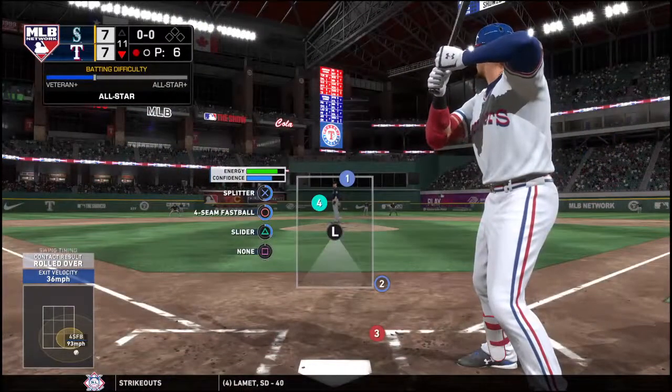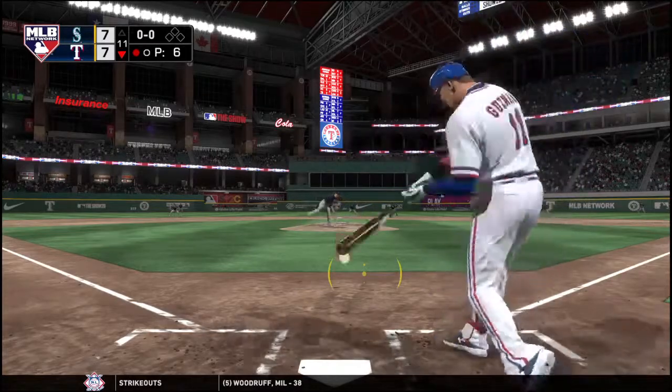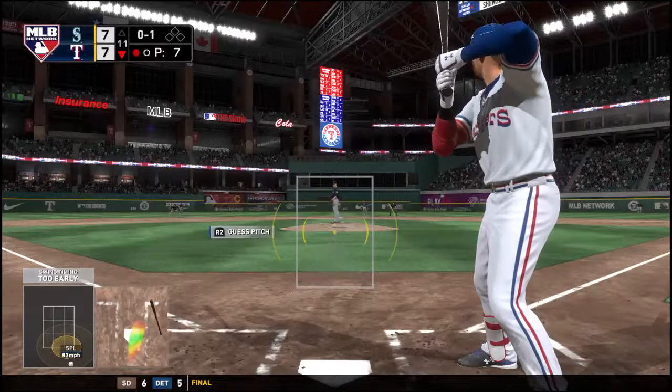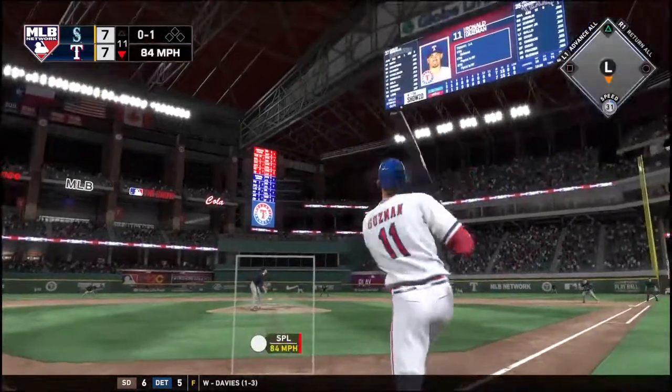Settling in now, Ronald Guzman. He comes into this appearance in the midst of a 1-for-4 day. Oh, he chased a bad pitch that time. It's strike 1. You've got to be paying attention as an offense in a hitter's meeting in this situation. When you've got a guy...